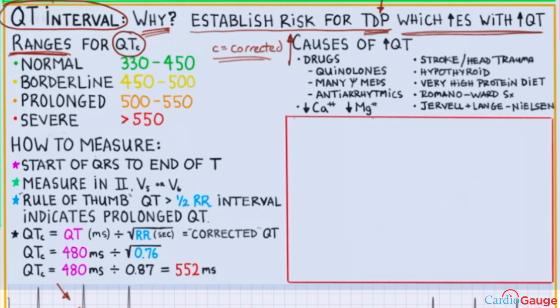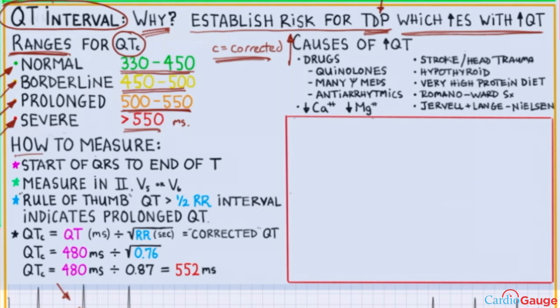So I'll talk about the correction below, but the ranges are: normal QTc is in a range of 330 to 450 milliseconds. A borderline elevated QTc, 450 to 500. A significantly prolonged QTc, 500 to 550, and then a terrible, really bad QT interval would be more than 550 milliseconds